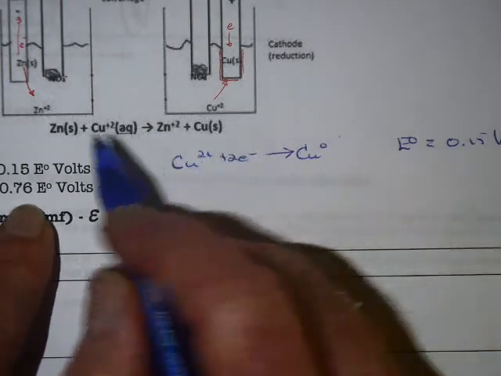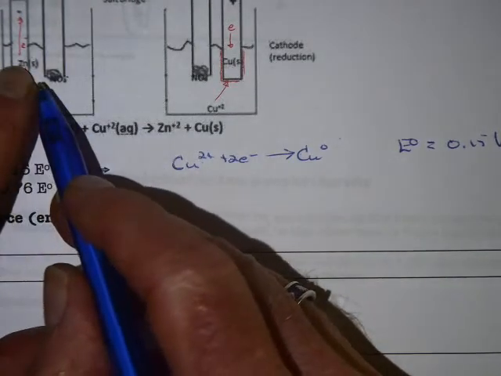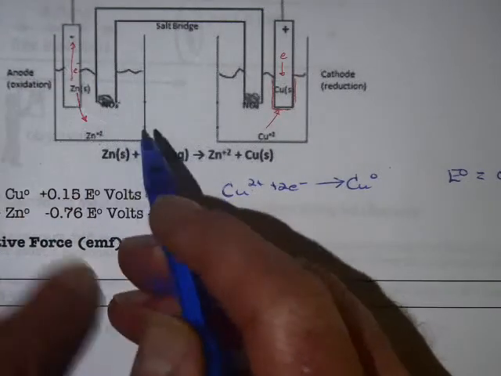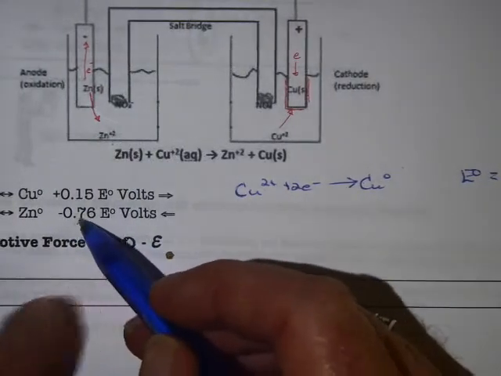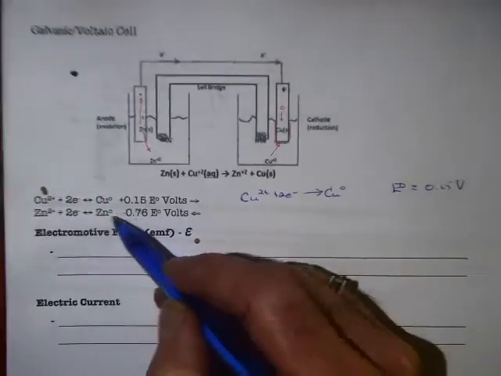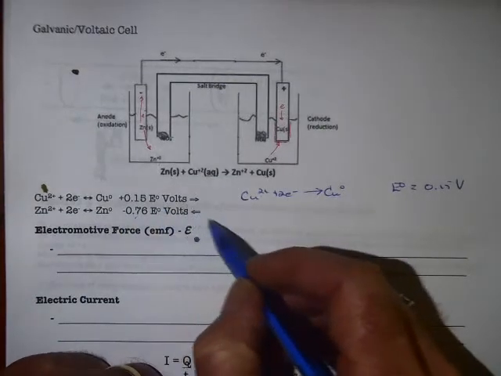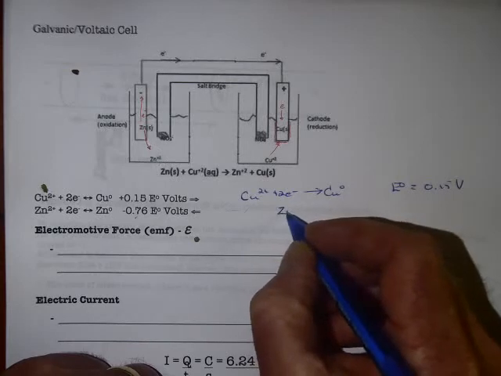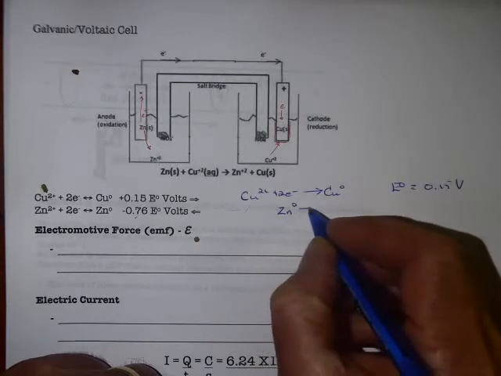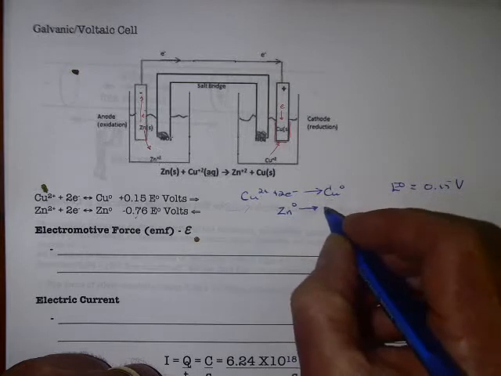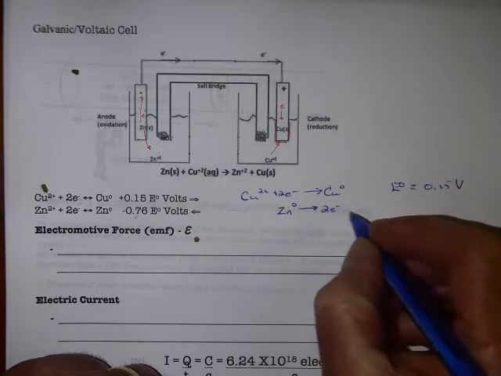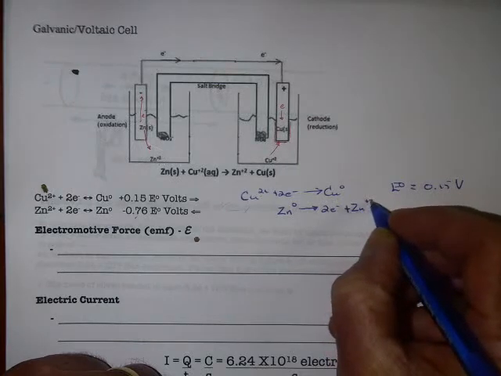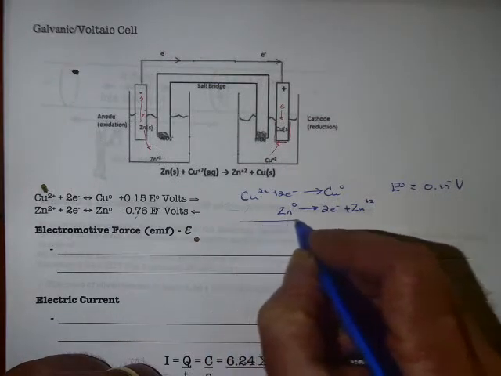What's going to happen at this side, though, is that the zinc is going to split into zinc ion and electrons. So I have to take this existing standard reduction potential and change its direction. So basically what's happening here is the zinc metal is going to give up its 2 electrons and produce zinc ion. Now when I add these together,